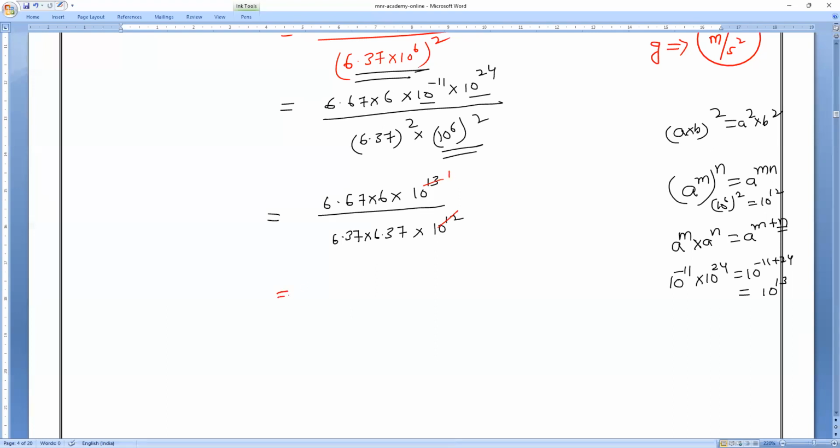1 is remaining. 5.98, you take rounding off to 6. Okay? 10 power 1 divided by 6.37 into 6.37. So multiply it and tell me what is 6.67 into 6, everybody? 6.67 into 6 equals 40.02, not 4 point, 40 point. Check it. Clear? Divided by